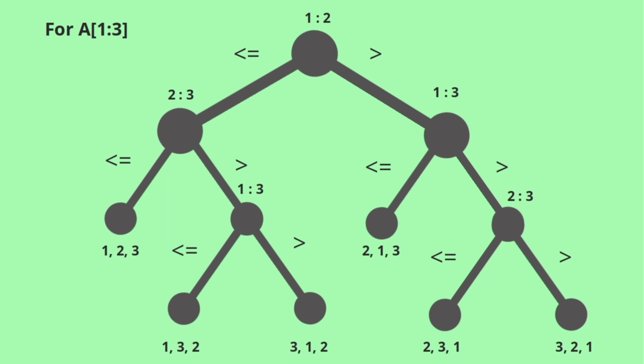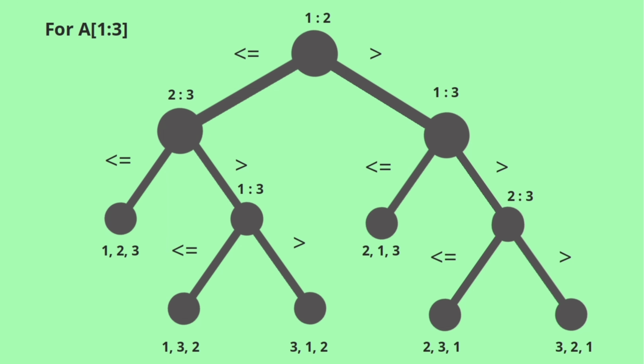On the left child, we will compare the second element with the third element, since we already know the comparison of the first and the second element. On comparing the second and the third element, we have now two options. If the second element is less than or equal to the third element, we will land on one leaf node, which will give us the result that the sorted array will be of the index 1, 2, 3.